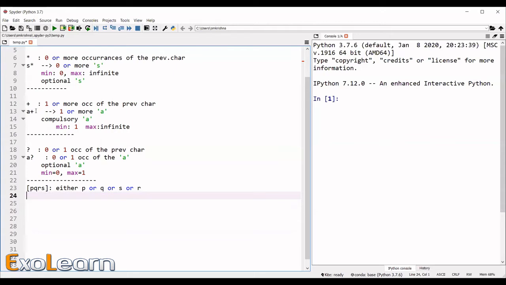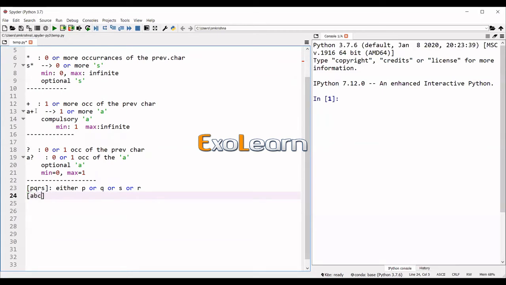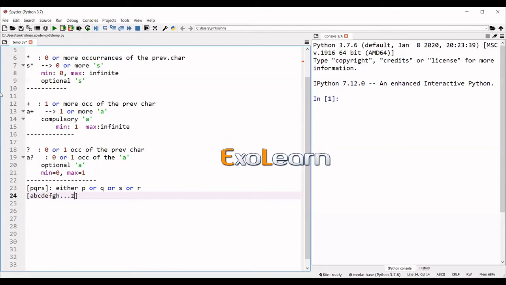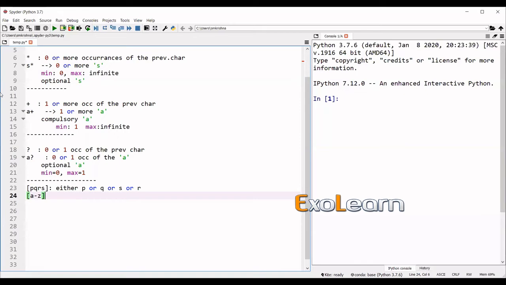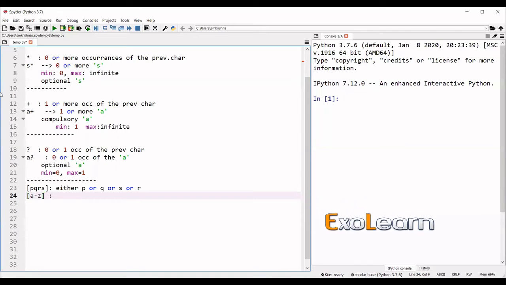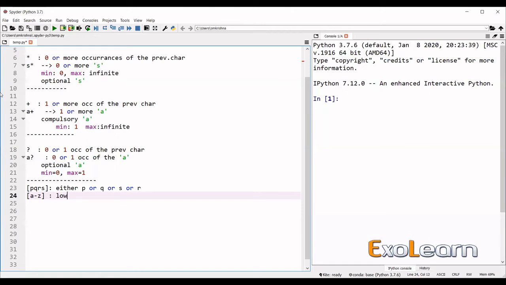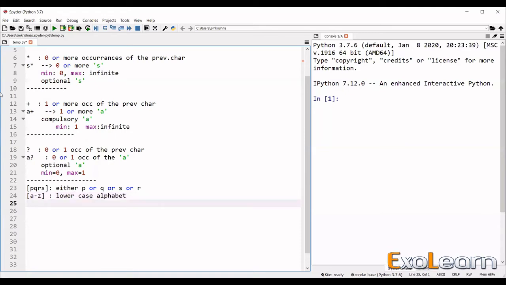Similarly, for example, I'm expecting any one of the lowercase letters. I can simply write A, B, C, D, E, F, G, H, we know, up to Z. But when you are writing continuous characters, instead of writing the whole list, I can use a hyphen, A to Z. This is called a range of characters. So when I am saying A to Z in square brackets, it means any one lowercase letter or lowercase alphabet is needed in the input.